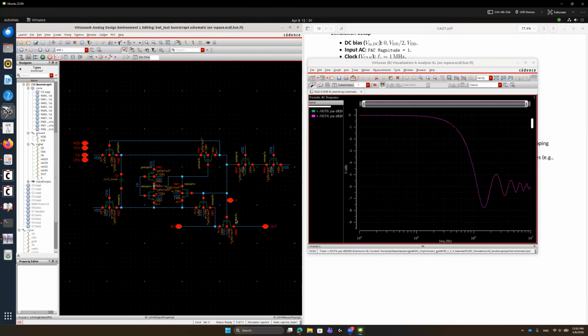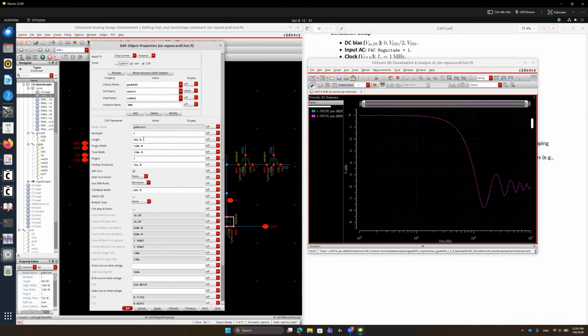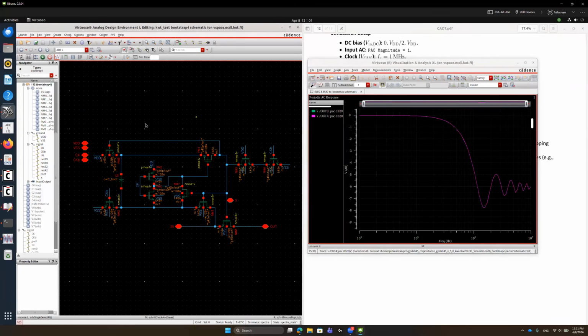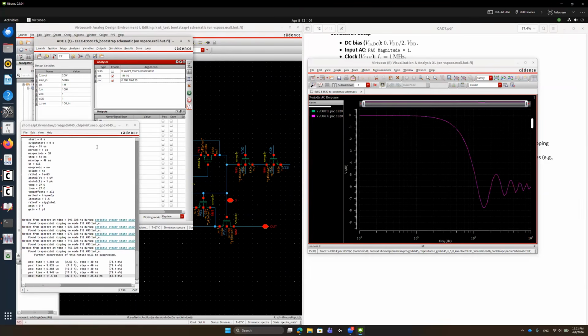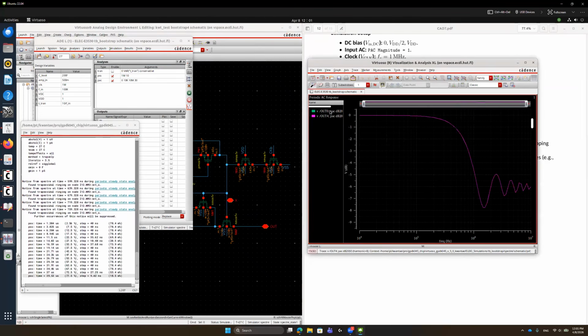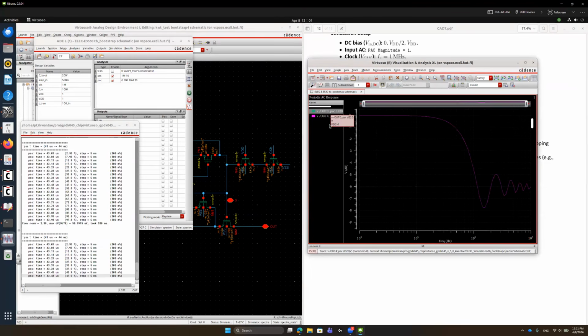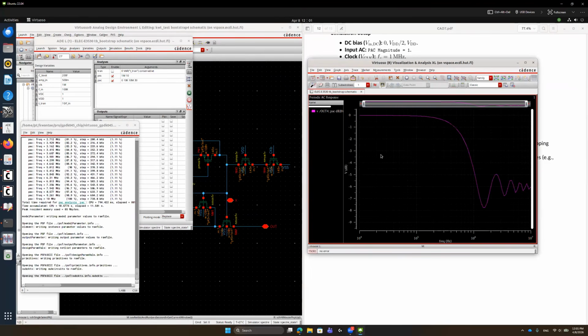Make editable, and if I set the length as, let's say, 10 micron, it's a very extreme case. Let's see what happens. Our VDC is 1 volt and VDD is 1 volt. And we don't want to check, obviously, the baseline switch case. If I refresh it,